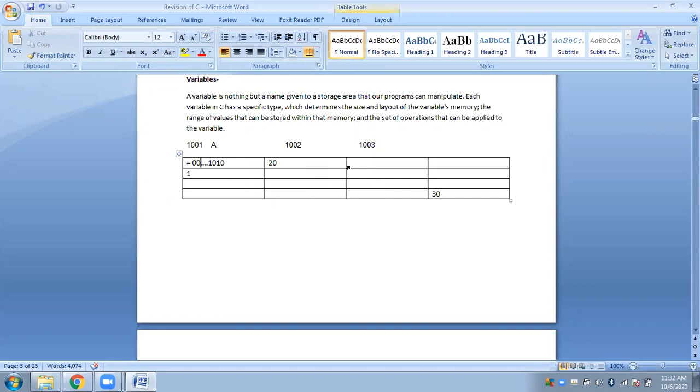So what we will do is, we will simply make use of some names. It can be an alphabet, or it can be a series of alphabets. Likewise, we make use of some names, using which we will be naming the memory location. For example, here I have named the memory location 1001 as A. So when I try to store any value in this particular memory location, I will be referring to it as A.